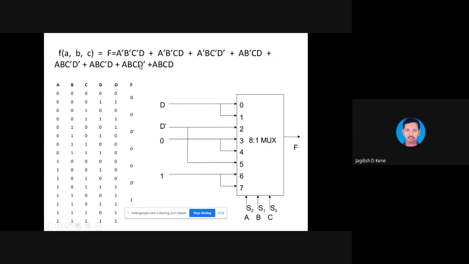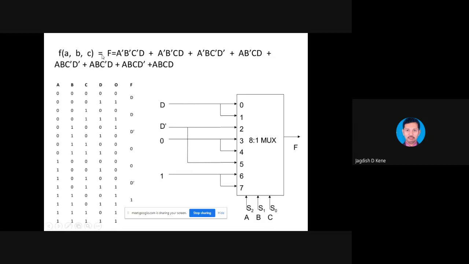So likewise, we have to check the min terms, or the function is given in terms of ABCD, and according to that you can connect the input. Sometimes we don't want any input to the output side, so you can directly assume that it is 0. So let us consider this case. Here we have 0, 1, 1, 0, that is 6, and 0, 1, 1, 1 is 7. So 6 and 7 is 0 in this case. So here we have to label 0, and this is 1. According to that, you can go on changing the input parameters.